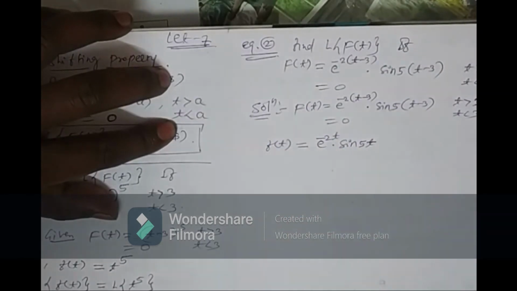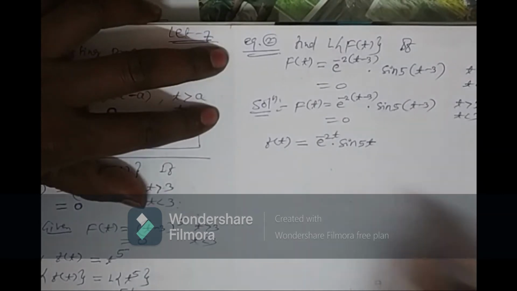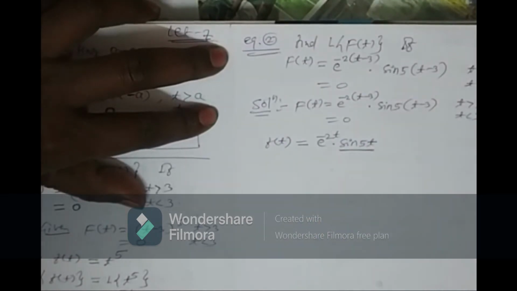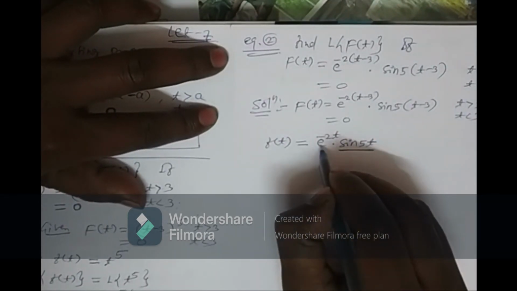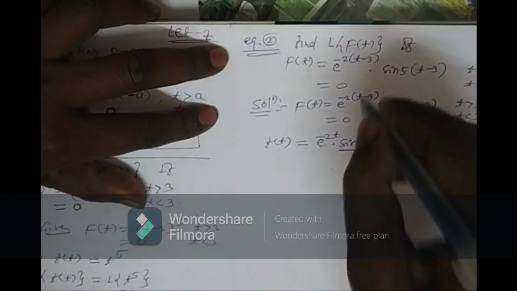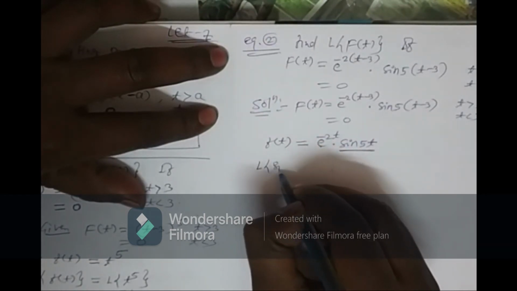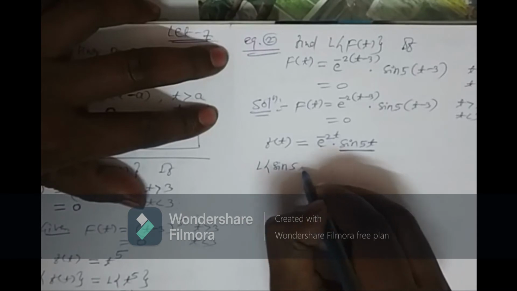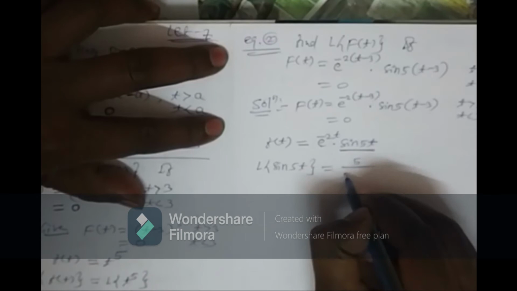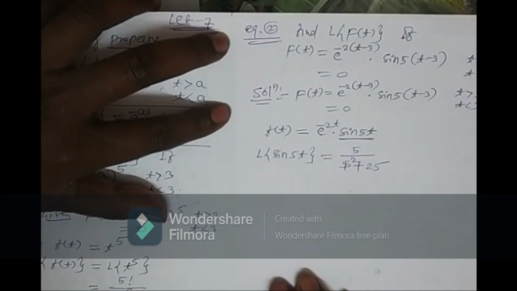This we have solved in property number 1, that is first shifting property. For that, what do we require? First of all we have to find the Laplace transform of sine 5t. After that we have to use first shifting property, and after using first shifting property we have to use second shifting property. So let us do this. First, Laplace transform of sine 5t is equal to, what is Laplace transform of sine 5t? 5 upon s square plus 25. And after that, by using first shifting property